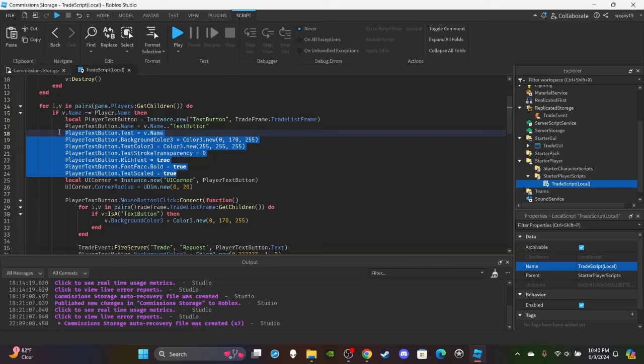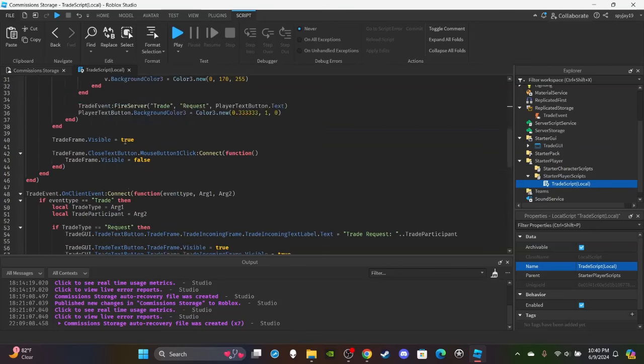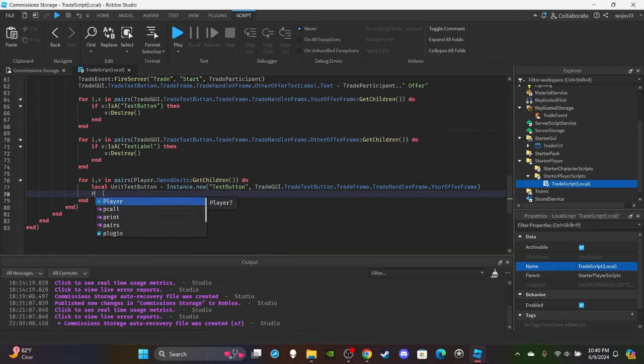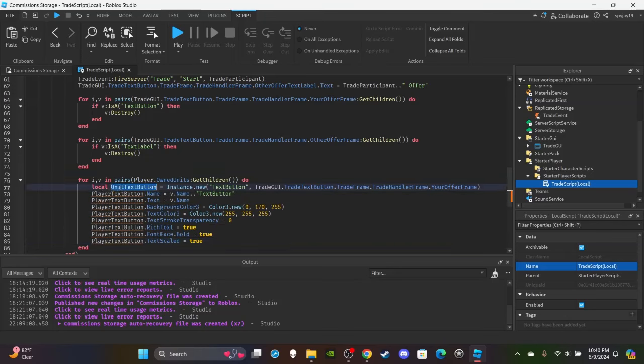So you're just gonna Control C all of this, all the property stuff. So Control C all of that. I'm gonna just put P because I forgot this. Control V. Then you're just gonna Control C, Control V, Control V, Control V. Just gonna paste over all of this, right? Boom, boom, right? So still same thing, v.name text button,